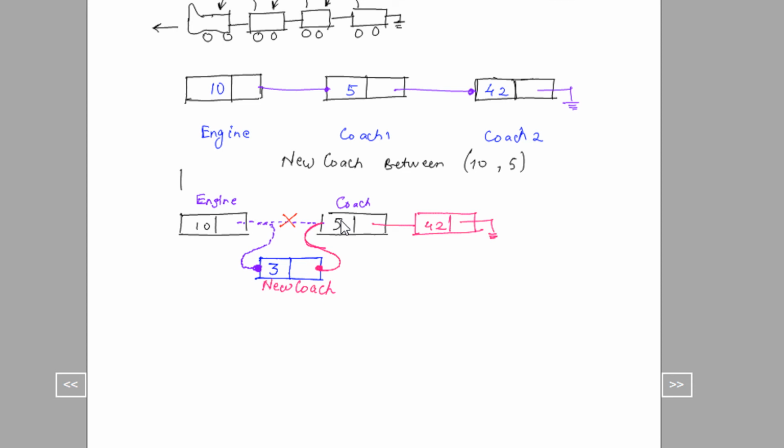And of course the later chain continues like this, right? 42 and this. So you can see, just imagine the goods train, right? So in the goods train, if you want to add something, what do you do? You just remove the notch and attach it to a new coach. Now a similar thing happens. Let's say if you want to remove this coach,